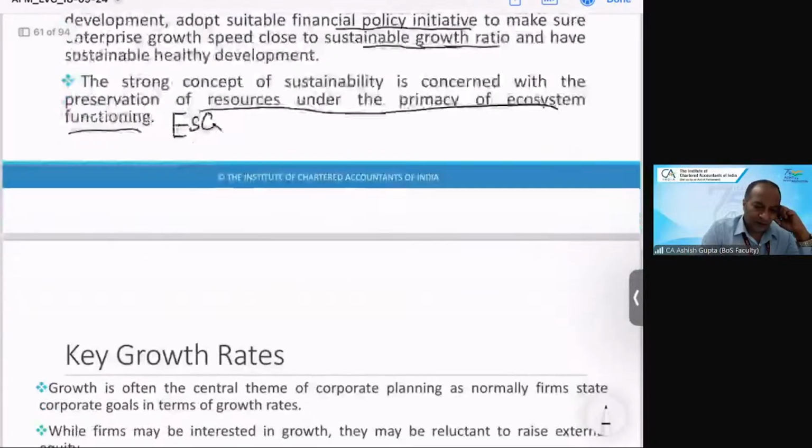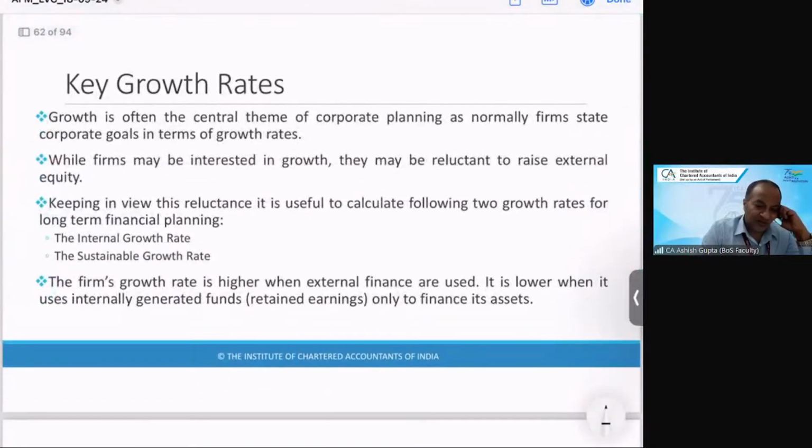Okay, students, with this we start. What are the key growth rates that are normally considered for our discussion? There are basically two types of growth rate: one is internal growth rate and another is sustainable growth rate. When we talk about the internal growth rate, it is concerned with how much we can grow with the